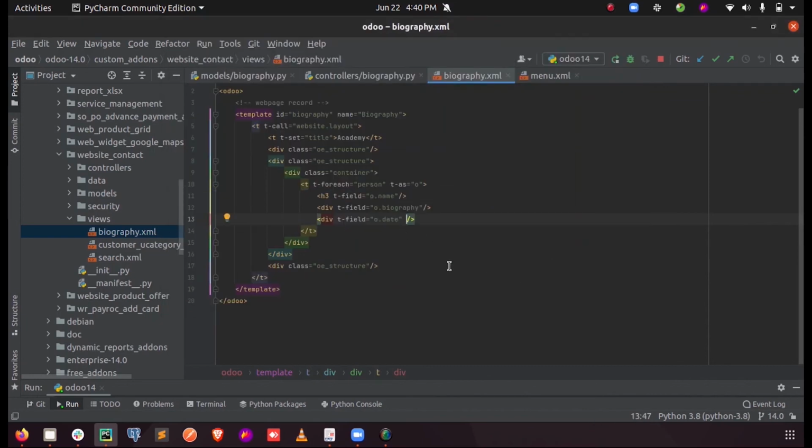For the date, let us see entering t-options. Since it is a date, let's use the date attribute, I mean the date widget, and I'm just refreshing the page.